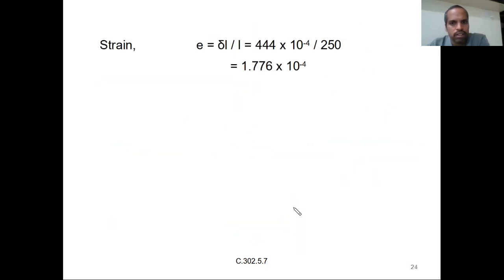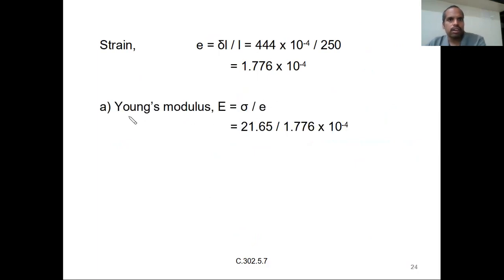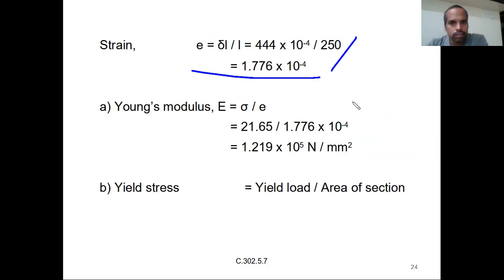We have to calculate stress corresponding to strain also for the same load. Calculate the strain, and calculate the Young's modulus as stress by strain. So be careful here, that's what I am explaining again. For the same load, calculate the stress and strain. That is also before the elastic limit. Before the elastic limit you will get Young's modulus, because generally it is considered only up to that point. Right, this is how you have to calculate Young's modulus.